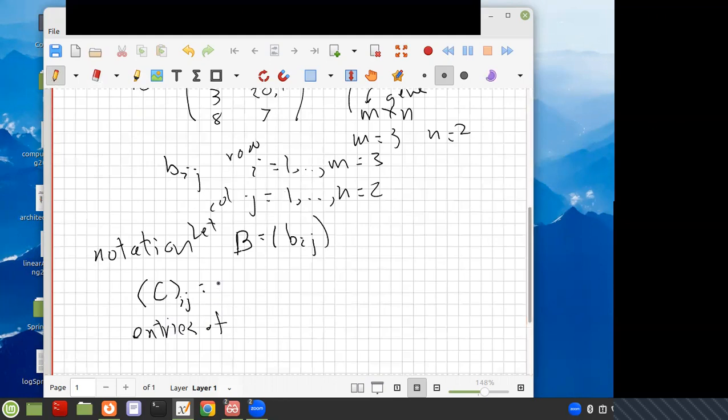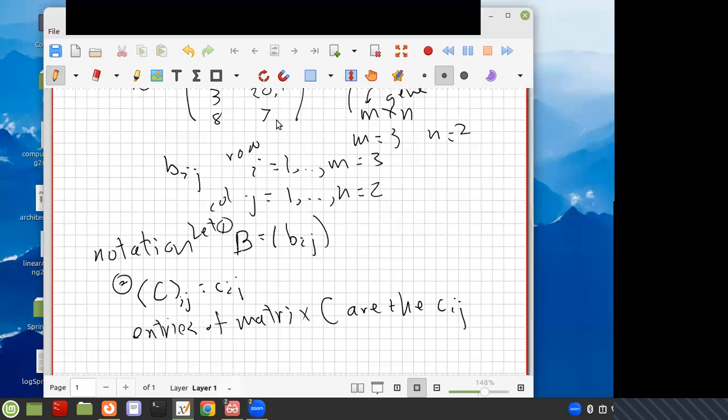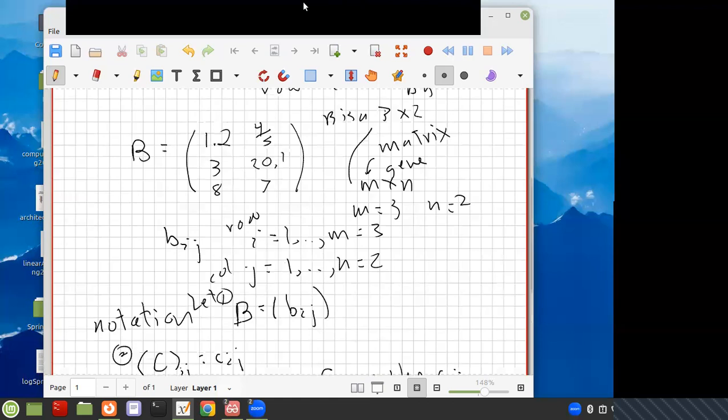So we can say C_ij equals c_ij, the entries of matrix C are the c_ij. So these are 2 different ways of connecting up the matrix symbol with the entry. It's just a little bit of notation that, if you're aware of it, seems a little bit unwieldy, but will make things easier. Okay, let me